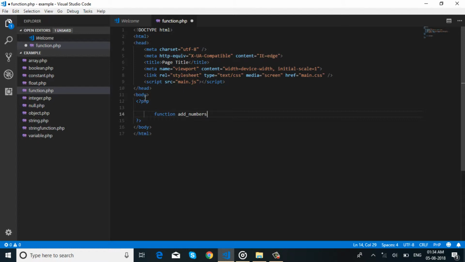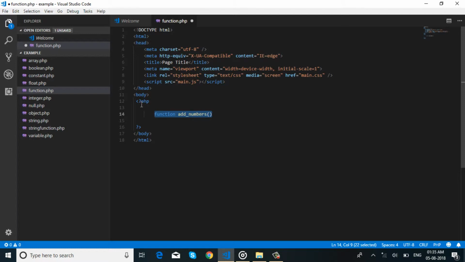add_numbers is the function name that will be called when using the function. Function names are not case sensitive. Here, you can pass parameters to the function.